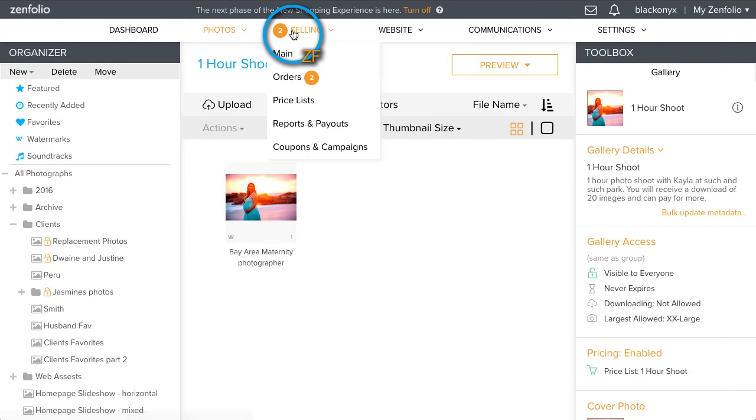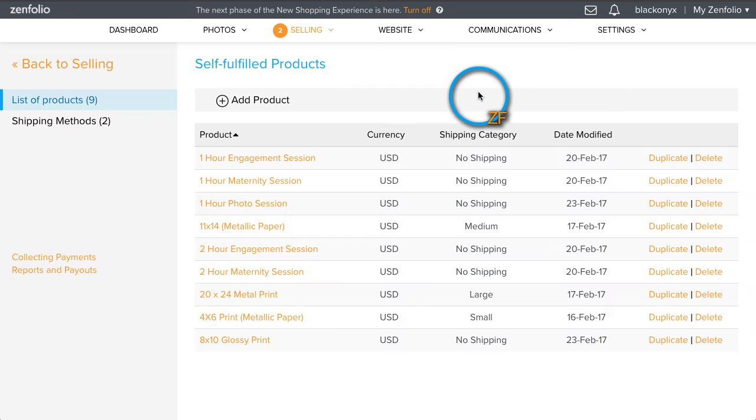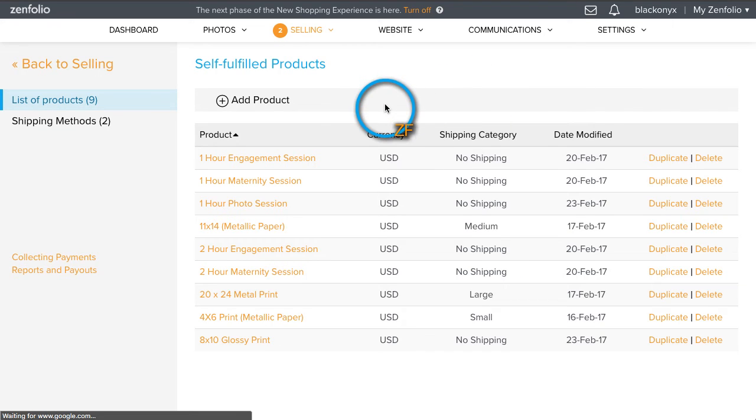So back in the self-fulfilled product section, this is going to be a little bit similar to the actual sitting fee thing we just did. In this case, though, let's say that you are selling a piece of jewelry. And you have various photos of jewelry in a gallery. Once we hit Add Product, maybe let's say there's a necklace you want to sell. You can say necklaces are 15, rings are 10, something along those lines, and create all of those products here. But again, we do have to attach the products to a price list, which is then attached to the gallery. So it's a good idea to just put all of those items on one price list